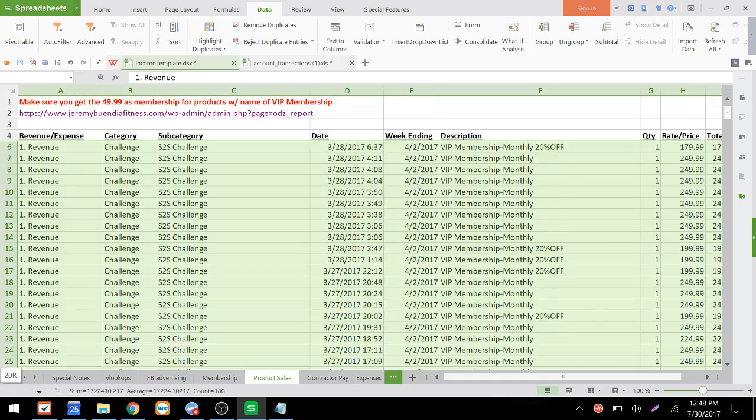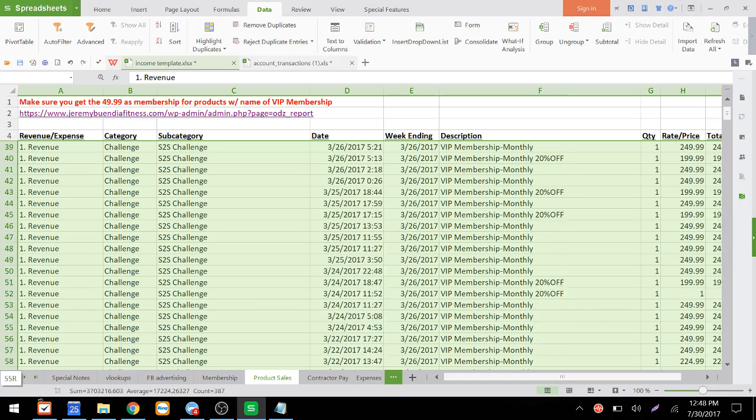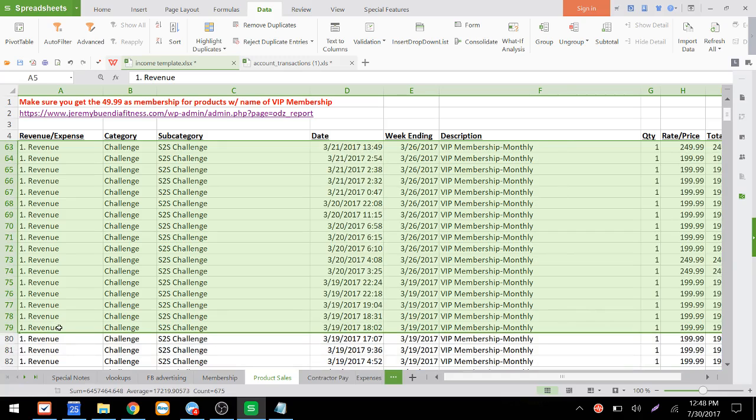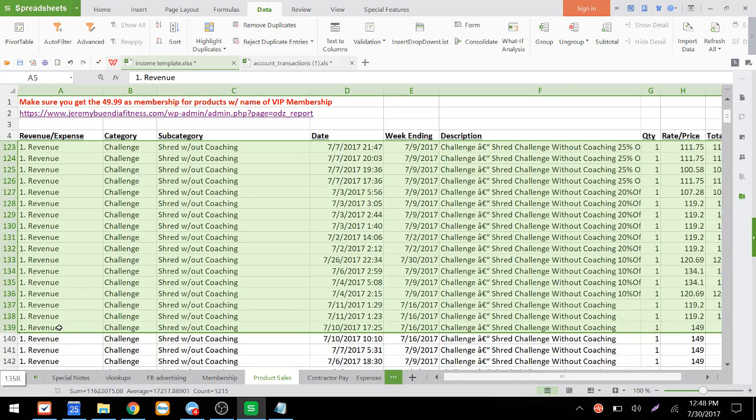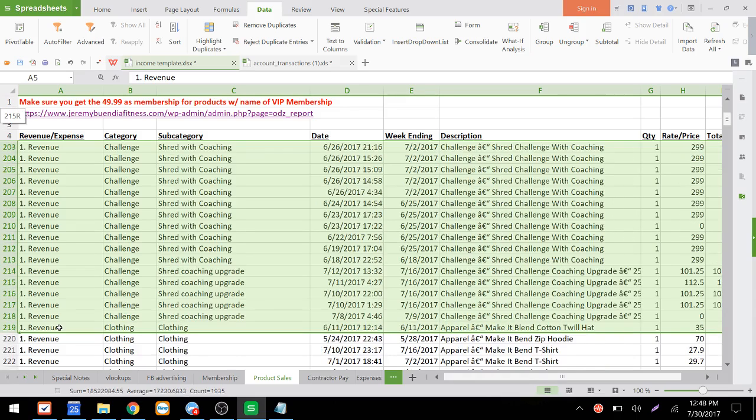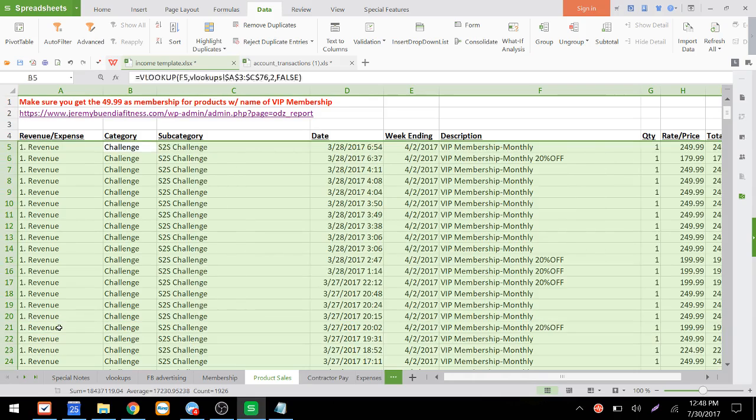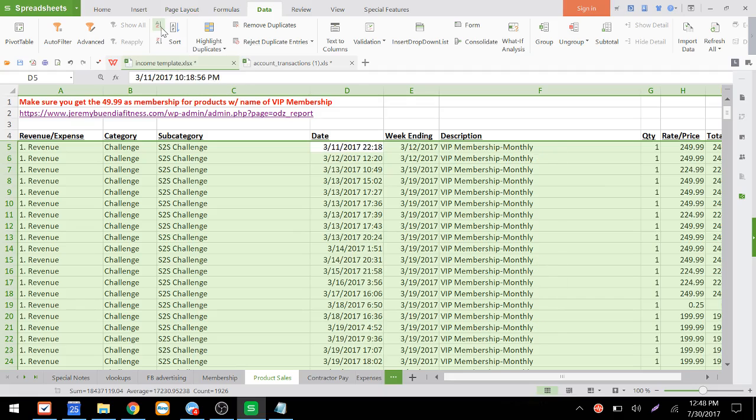So, with challenge, you need to go all the way through the challenge and highlight them all. A quicker way is if I hold shift and page down. Yeah, that's going to go a lot quicker. Okay, we're already in clothing. So we have all the challenge highlighted, and then I'm going to go to date, and I'm going to sort it from earliest to latest, so in ascending order.